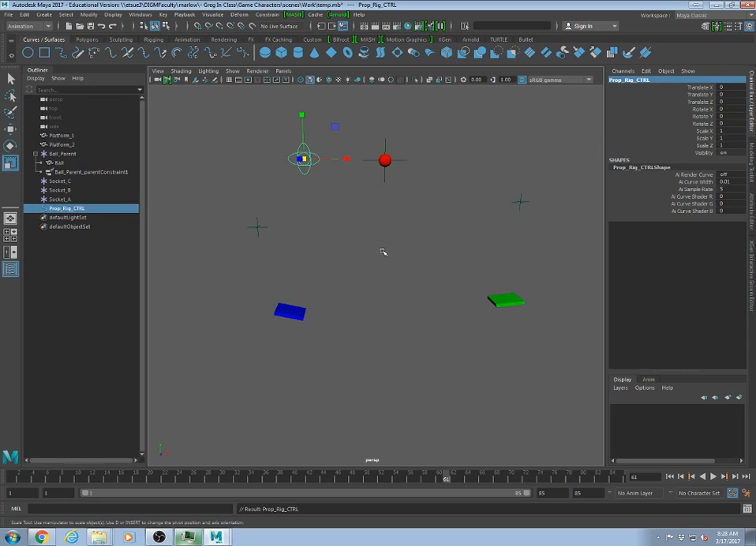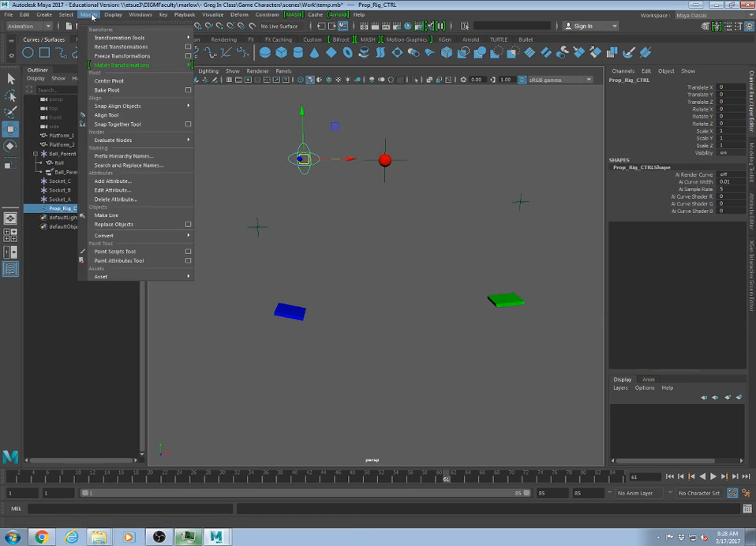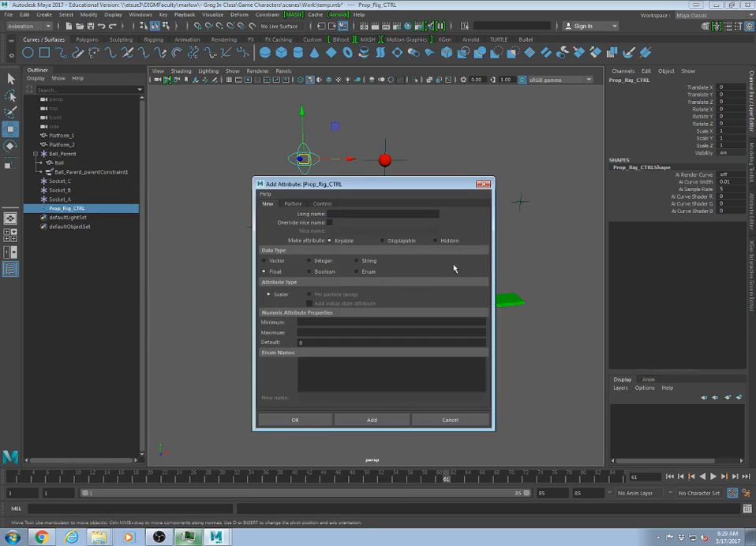Okay, now this object's translates and rotates actually don't matter. I'm just using this as an attribute holder more than anything. In fact, if I didn't care where this went, I could actually hide all of these. This is really just something so I can put some attributes on it. So I'm going to go to modify, and then I'm going to do add attribute, and I will do so